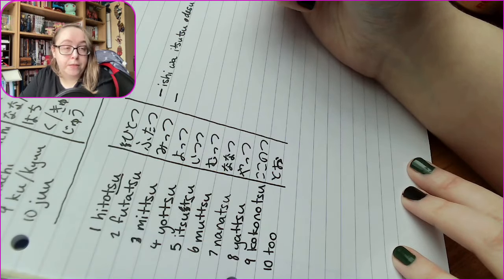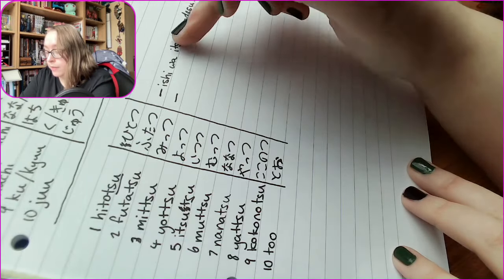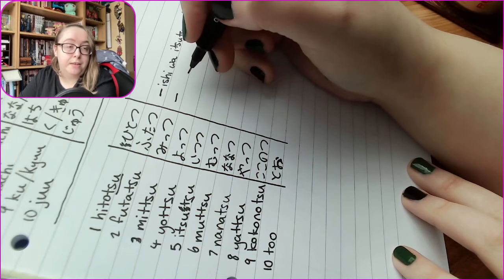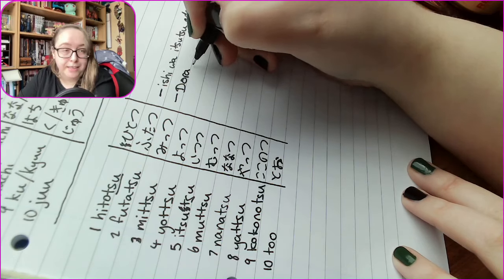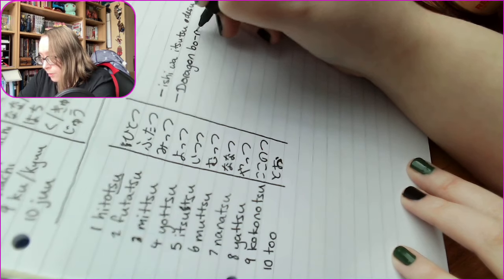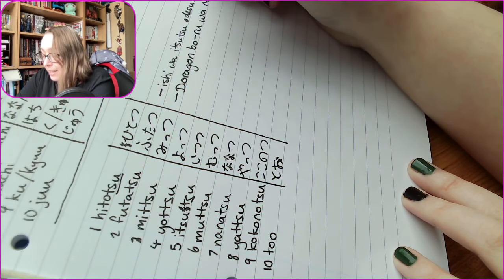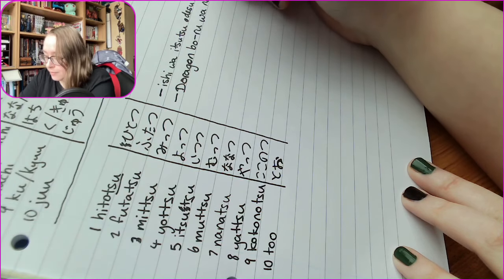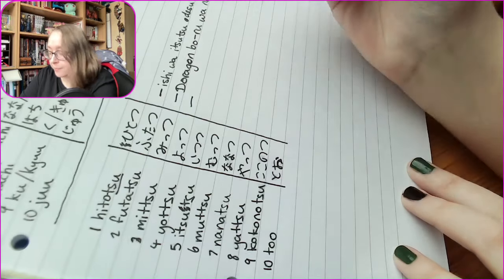Another one. We're going to use this same pattern of saying the thing that we want to count, then saying the number, and then saying that is it. So, second one is Doragon boru wa 7つです。ドラゴンボールは7つです。